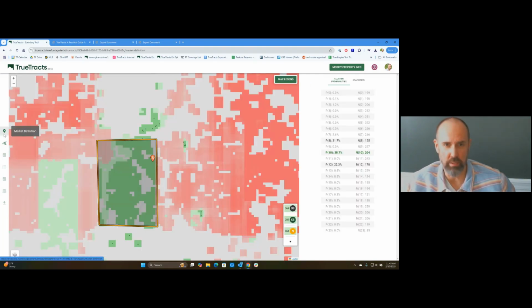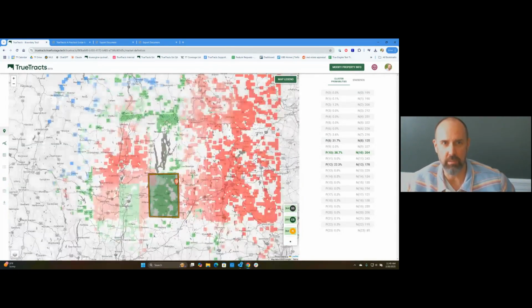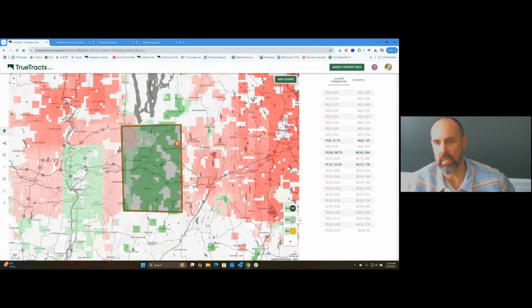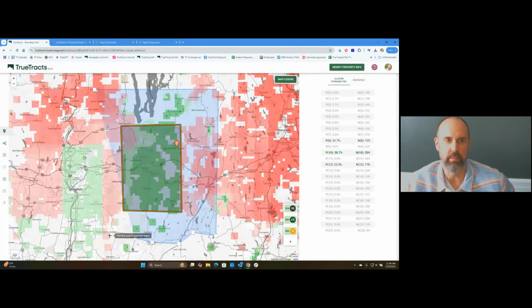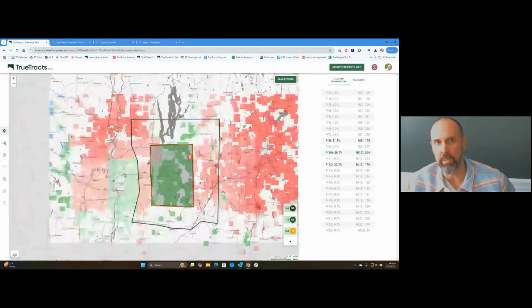I'll give you one more pro tip. If you want to include these dots, but you don't want to include all of these, you can draw a market area. You hover over the CS. You hover over define market area boundaries. You click that and you draw what you want your market area to be. And so maybe I want my market area to be something like this. Maybe I want to stay out of the Springfield market. Now I only have 18 additional properties because